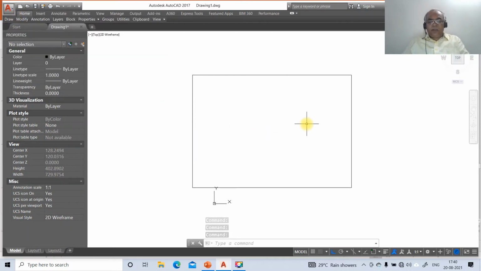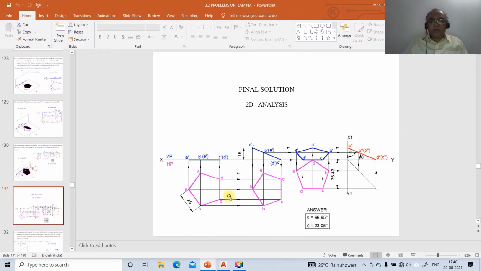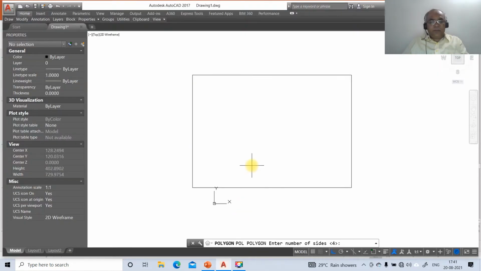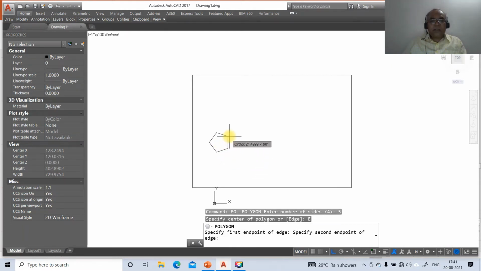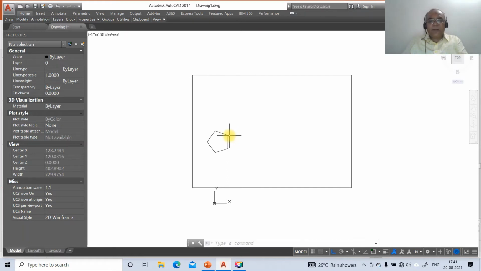Now we go for the polygon command. The number of sides I want is 5, since I want a side of 25. Edge is the option. First point of edge, select some point and take the distance as 25.